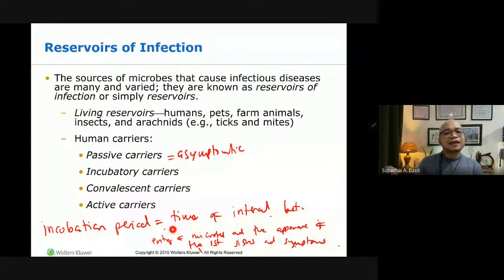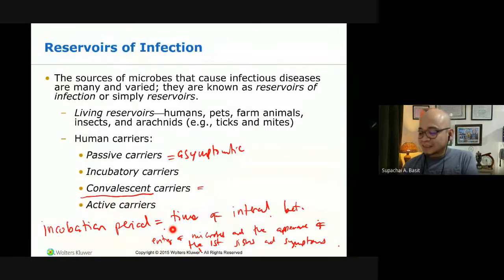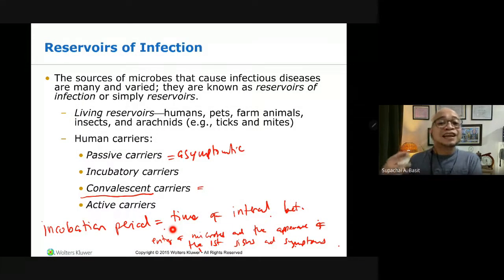Meaning to say, the organisms are already inside the host, but no signs and symptoms yet. Now, how about convalescent carriers? Convalescence is the period of recovery. Meaning to say, these carriers are recovering,